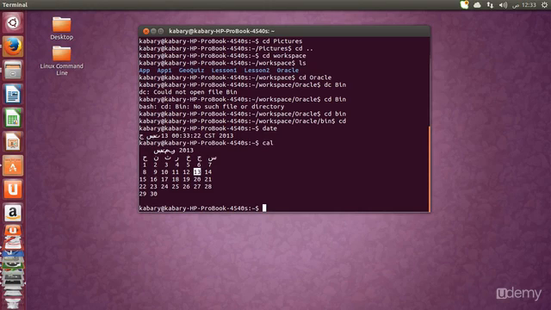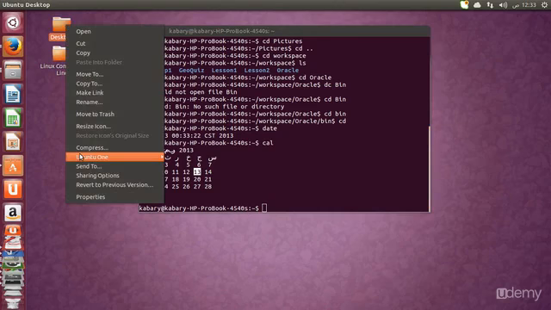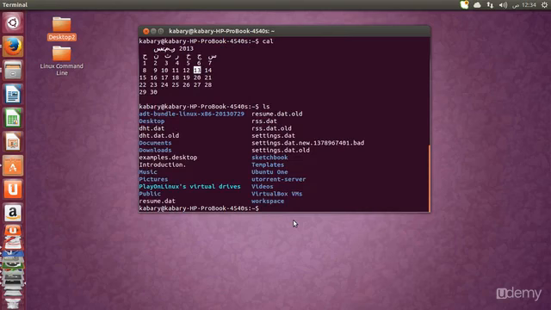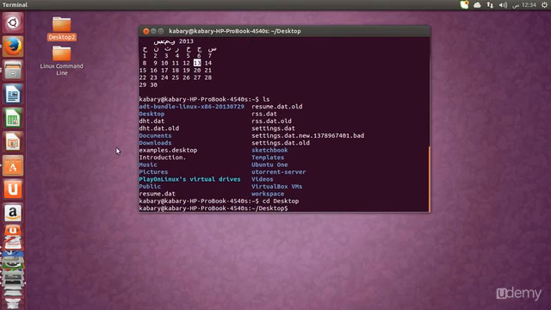Let's learn how to make a new folder or a new directory. Let's rename this one to desktop 2, to not cause any confusion with the other desktop. If we go to the desktop and I want to make a new folder here, what command will I use? Let's make a new folder and call it